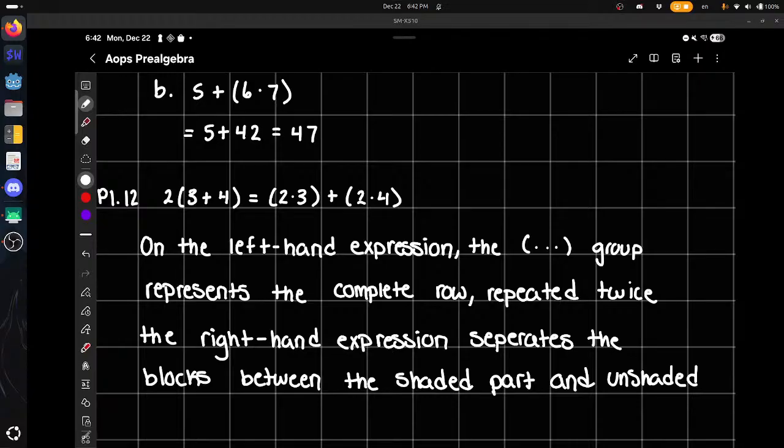In the left-hand expression, the group term represents the complete row, which is 7, repeated twice. The right-hand expression separates the blocks between the shaded part and the unshaded part